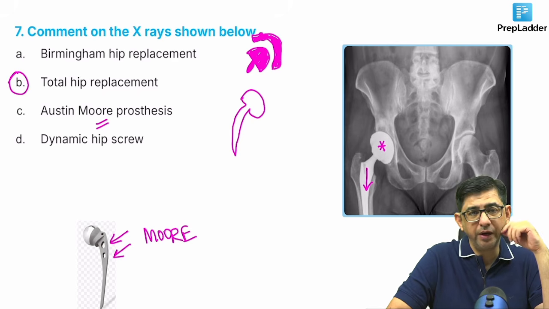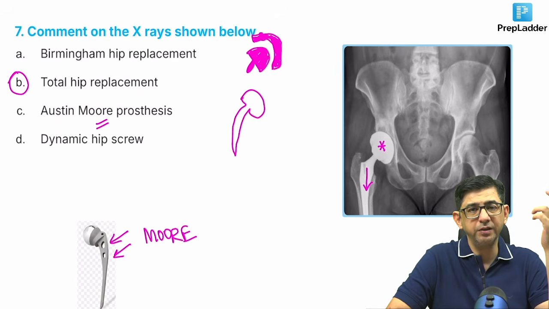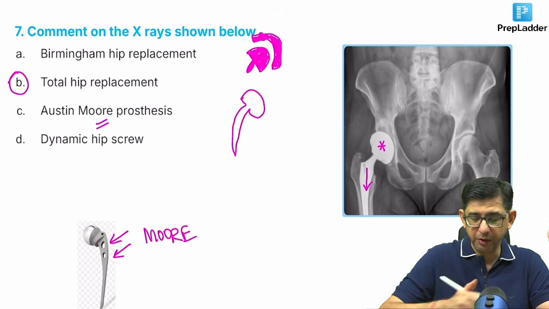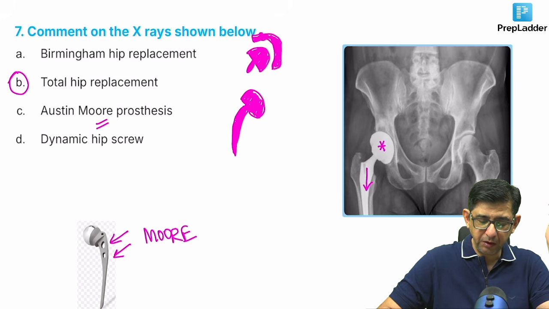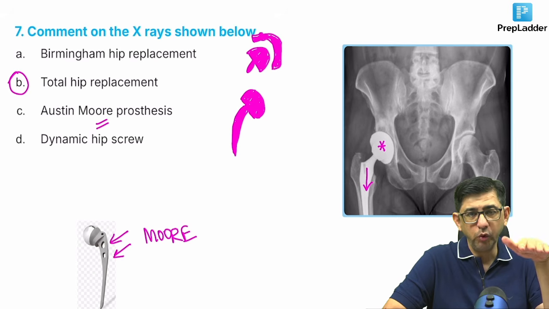Yeah, Ajay, you were right in your comment there. The answer to question number 7 is option number B. It is the THR, that is a total hip replacement. There are no holes present in it. Holes are basically to allow the bone to grow and help in interlocking of the implant. Sometimes students ask me why the holes are present in Austin Moore. It is allowing the bone to grow inside, and that will help in interlocking and will help in retaining the implant very well there.